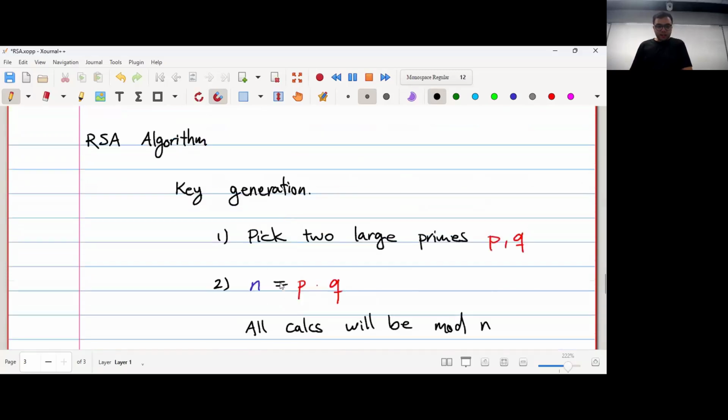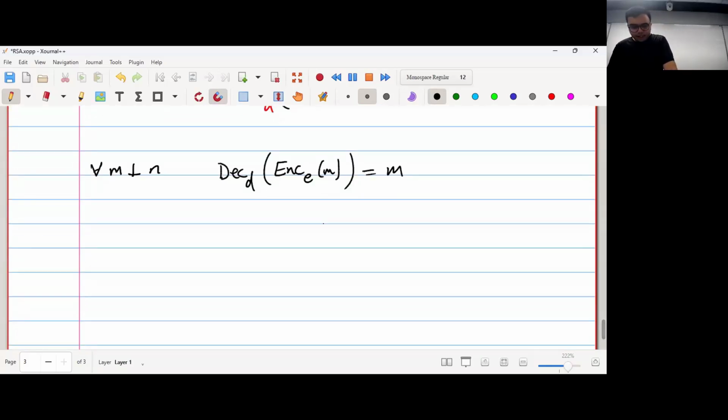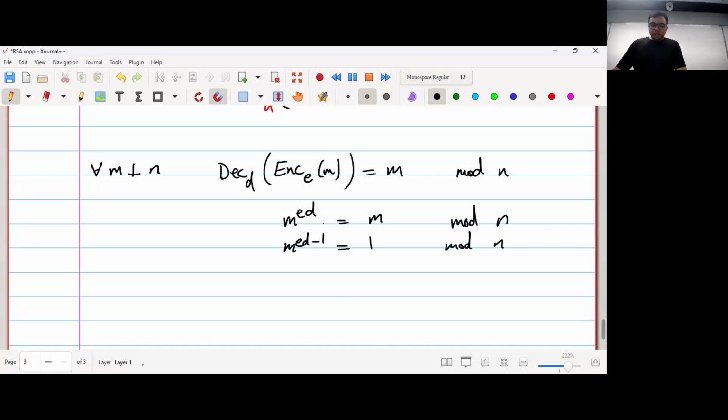Now, I still haven't told you how my key generation works because I'm going to build it based on this. So again, the decryption of encryption of M is just M to the power of ED, and I want this to be M. And remember, all of my calculations are modulo N. Okay. So m to the power of ed is equal to m. In order to have this, it's sufficient to have m to the power of ed minus 1 is 1 modulo n. Okay,